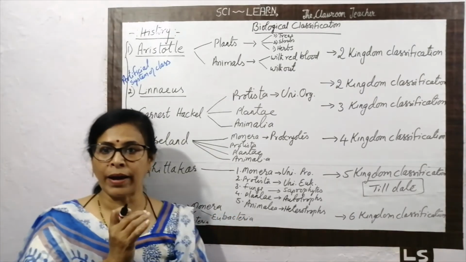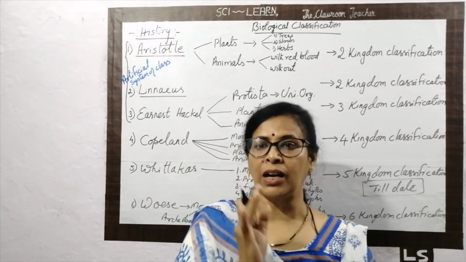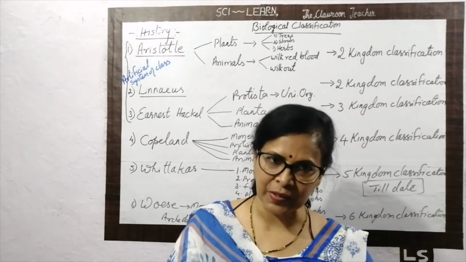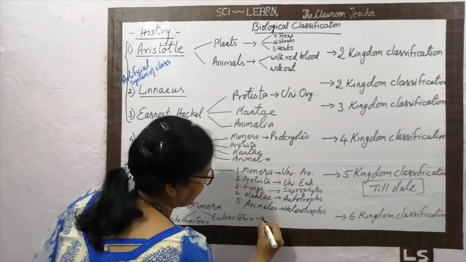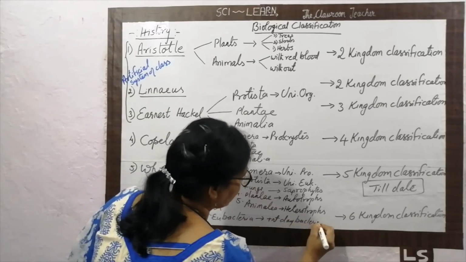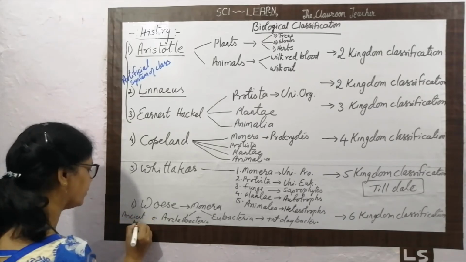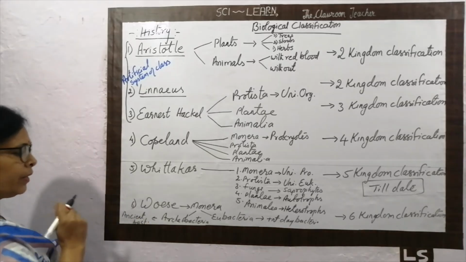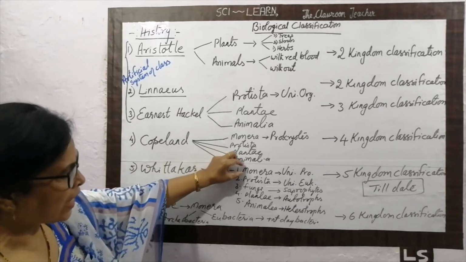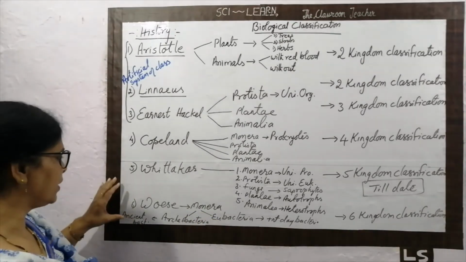What is in the Archaeobacteria? Archaeobacteria means the old bacteria that are still surviving. And what is the Eubacteria? The latest bacteria, the present day bacteria. This is the ancient bacteria which is still surviving. But this is not important. Why is it not important? Because when we studied the Monera, we actually classified it into Archaeobacteria and Eubacteria. So there is no need to study this classification.